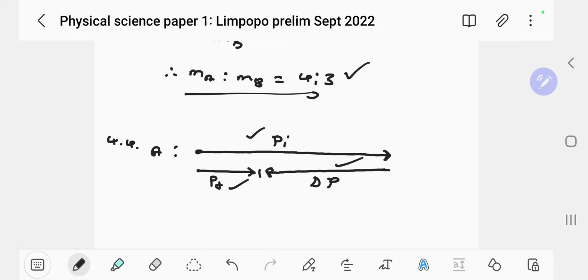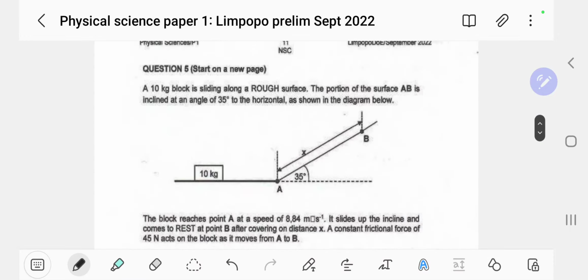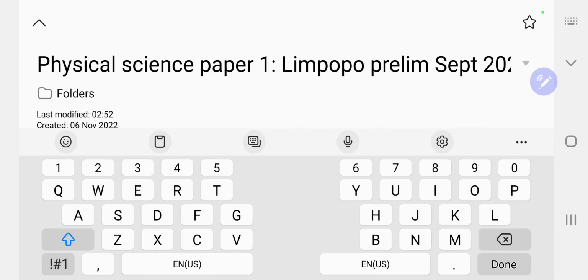But is the change not smaller than this final one? Yeah, that is something else. I'm not sure, you just double check, but this is the idea. They said it's not drawn to scale, so it doesn't matter, but the picture explains our story. Okay, let's get to question 5.